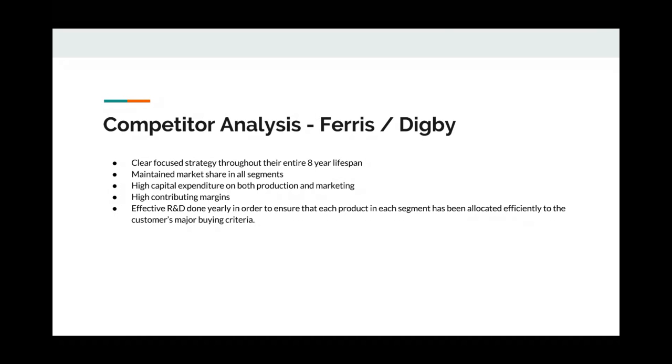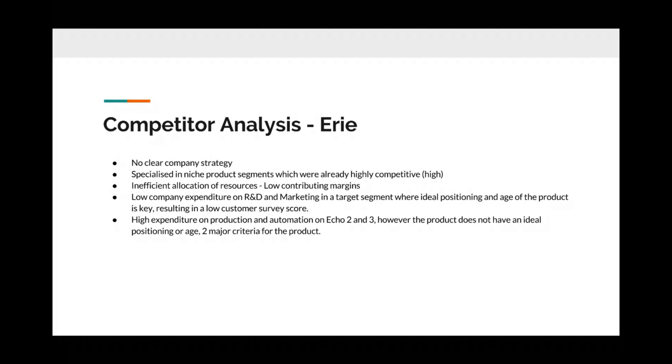This is apparent as in their first few years of operations, the company produced a new product every year whilst eliminating an older product which was still producing and performing in the market, whilst the newer product which was introduced had no real impact in an already established market. The company initially took a niche product strategy focusing on the high, size, and performance product categories. However, by the 5th year of operating, the company took a radically different approach, eliminating the products from 6 to